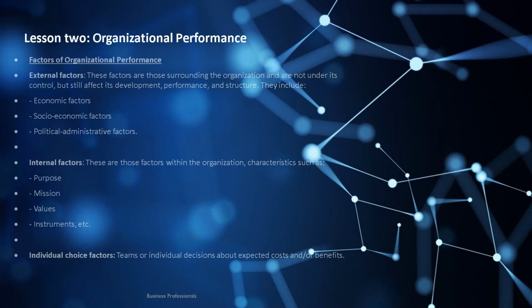External factors are those surrounding the organization and are not under its control, but still affect its development, performance, and structure. They include economic factors, socio-economic factors, and political administrative factors. Internal factors are those within the organization, characteristics such as purpose, mission, values, instruments, etc. Individual choice factors are teams or individual decisions about expected costs and or